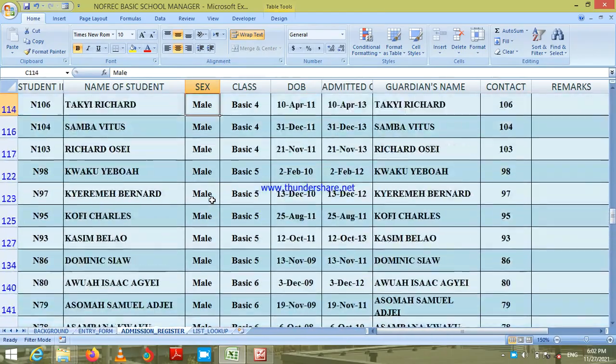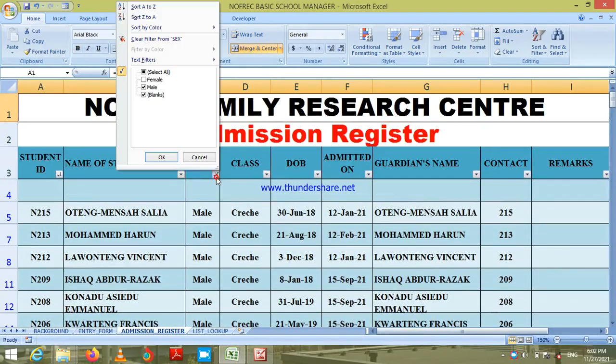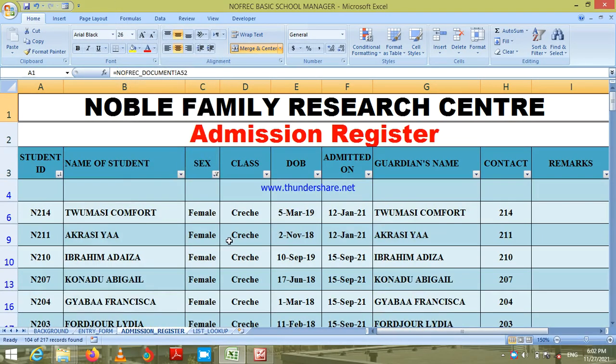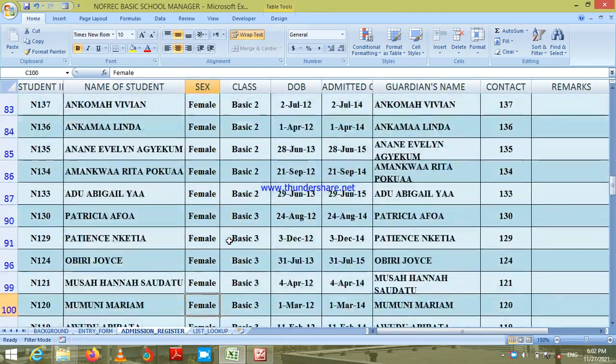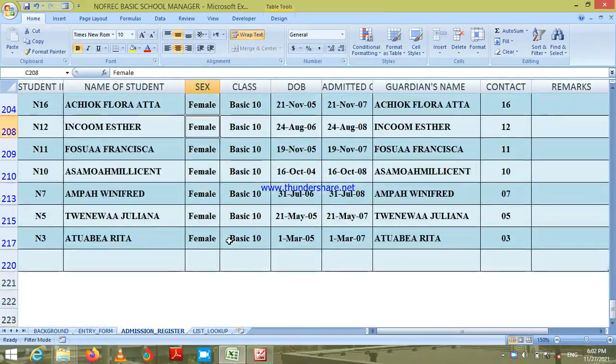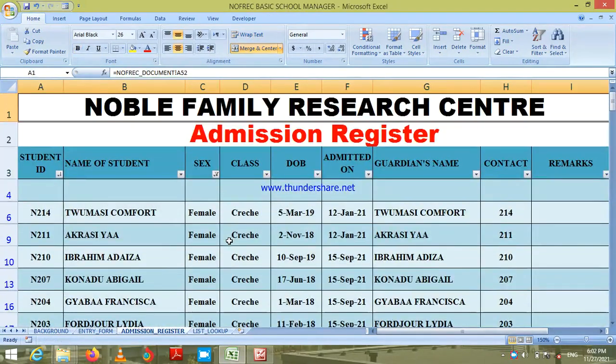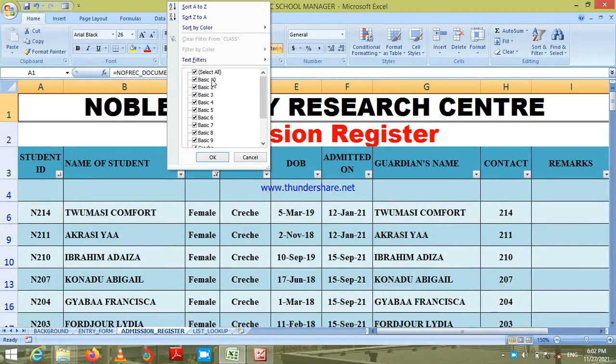Okay. We can equally determine only female in the school by deselecting the male and select the female. So this is the female list in the school for all the classes. We can equally determine only females in a particular class. So let's say